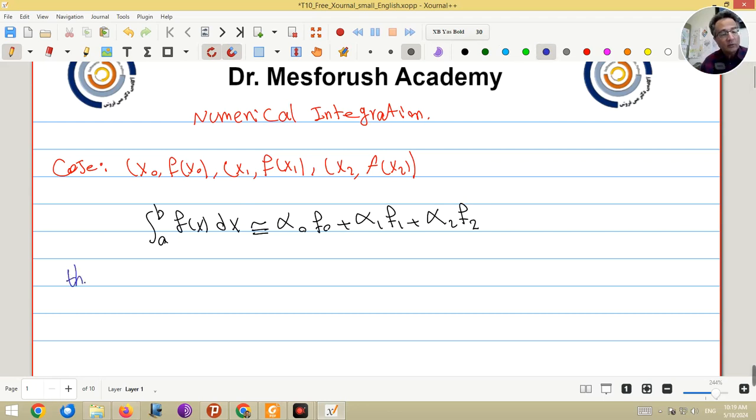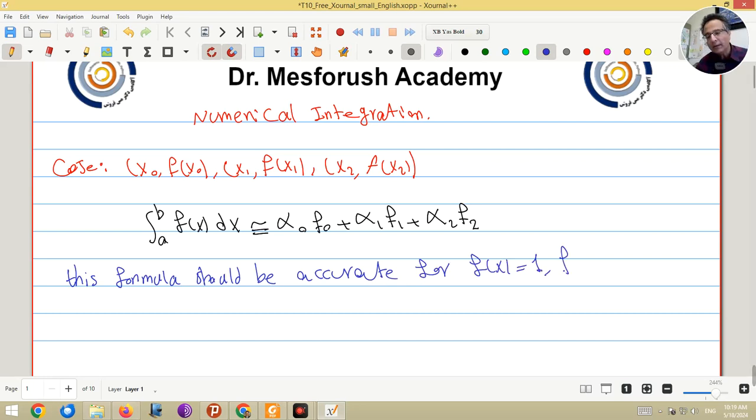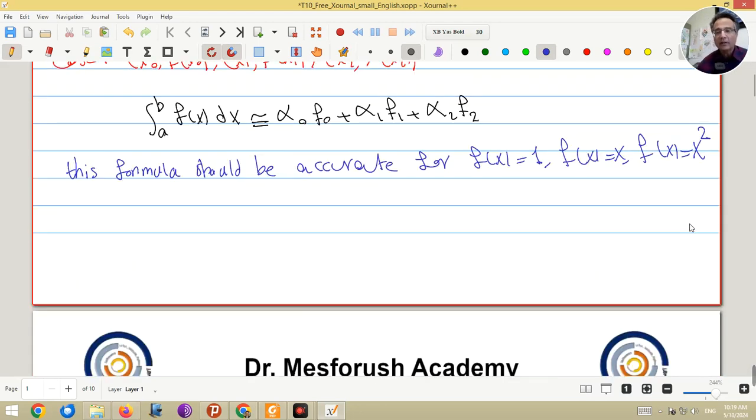Okay, so I write this formula should be accurate for f of x equal to 1, f of x equal to x, and f of x equal to x squared. Okay, now let